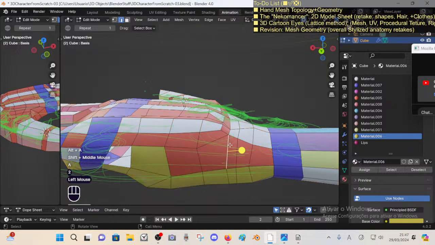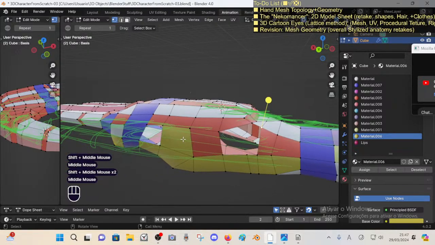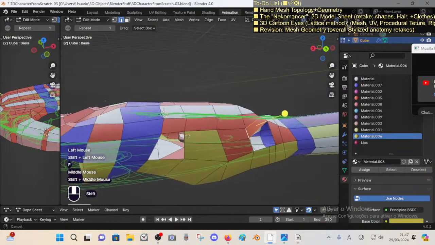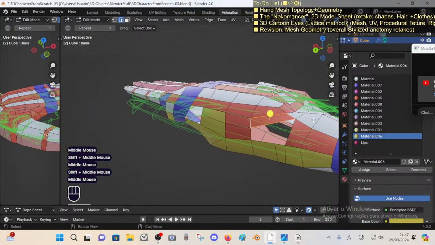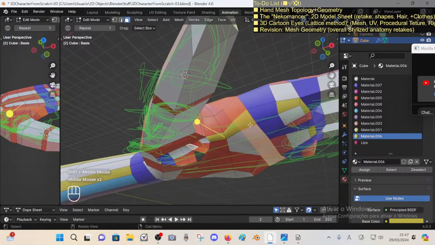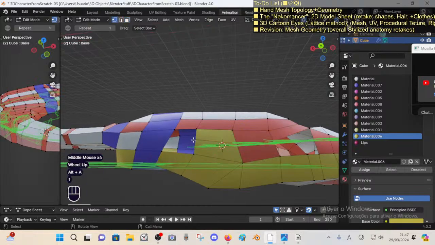Yeah, I can try this for now, and there, so we see